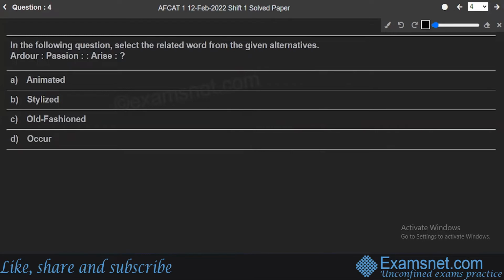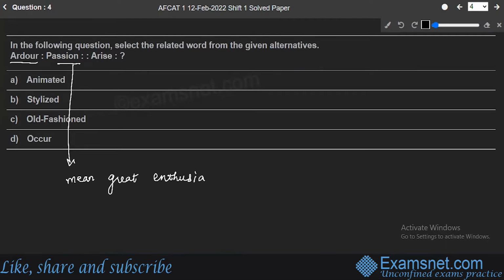So this is question number 4. In the following question, you have to select the related word from the given alternatives. Ardor is related to passion in the same way arise is related to which word? Animated, stylized, old-fashioned, or occur. Out of this, which is the correct answer? See, if I'm looking at these two words, ardor and passion, these two words have the same meaning. They mean great enthusiasm